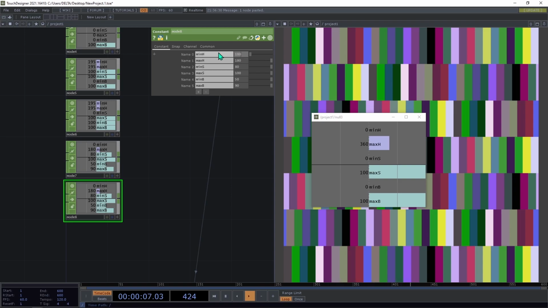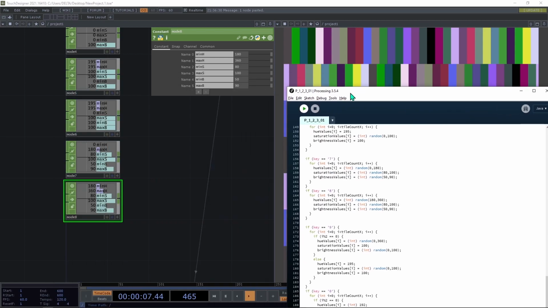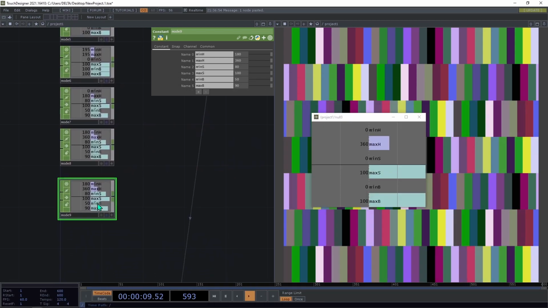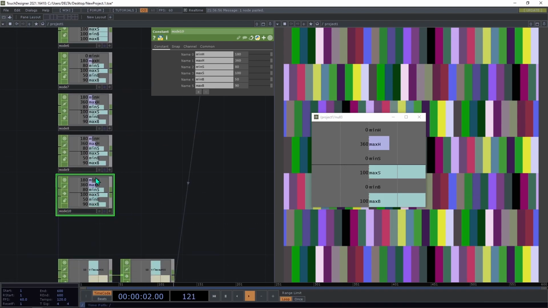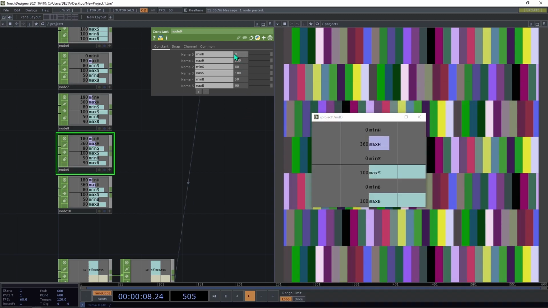180 to 360. Okay, 80 to 100 and 50 to 90. It stays the same. Okay, next is mode 9 and mode 0, maybe. Okay, this is 0 to 360,